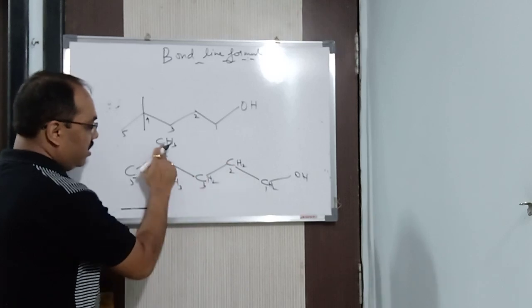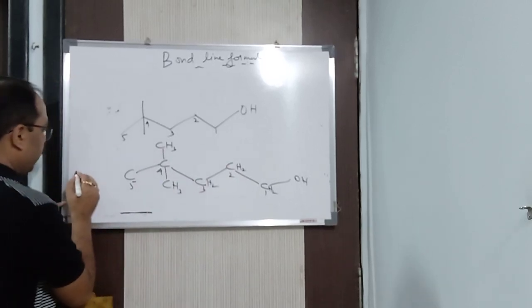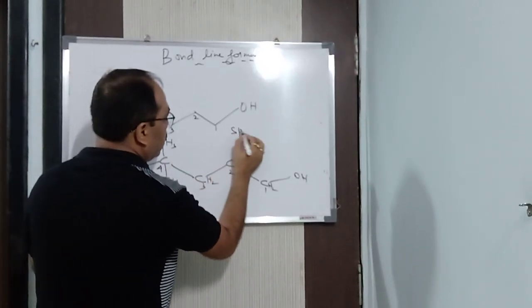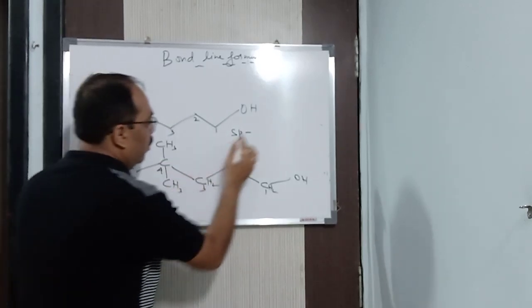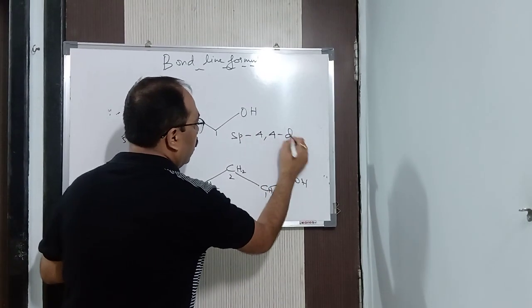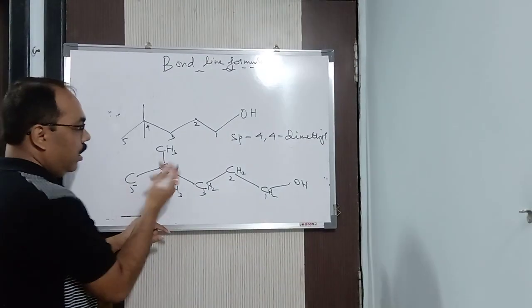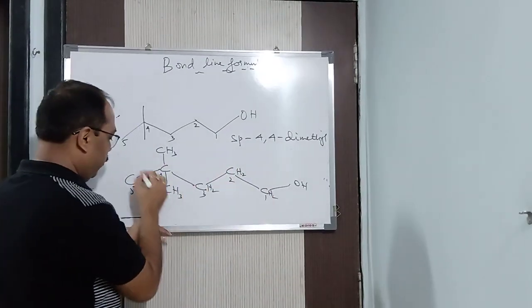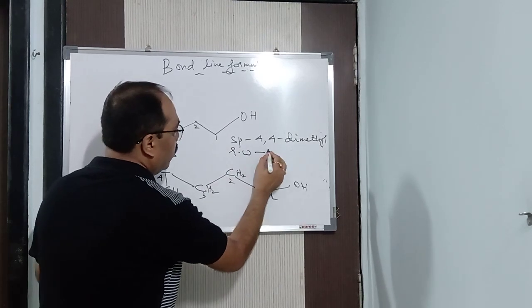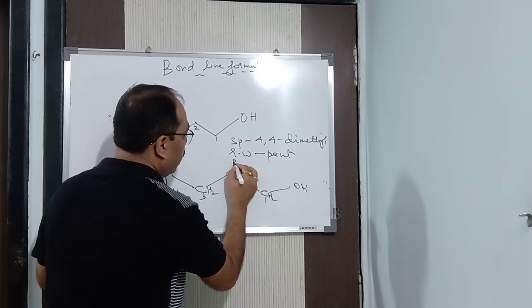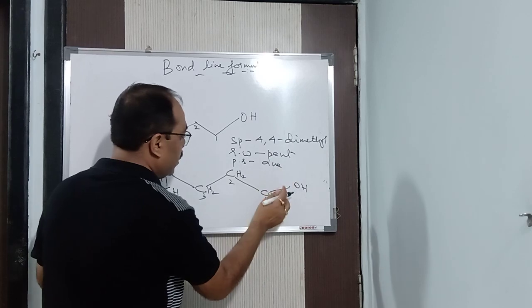Here see. What is the secondary prefix you got? 4,4-dimethyl. Secondary prefix. Let me write here. In the fourth position, 2 methyl you got. So 4,4-dimethyl. Root word is what? 1, 2, 3, 4, 5. Pent. Root word is pent. Primary suffix is an, because carbon single bond.